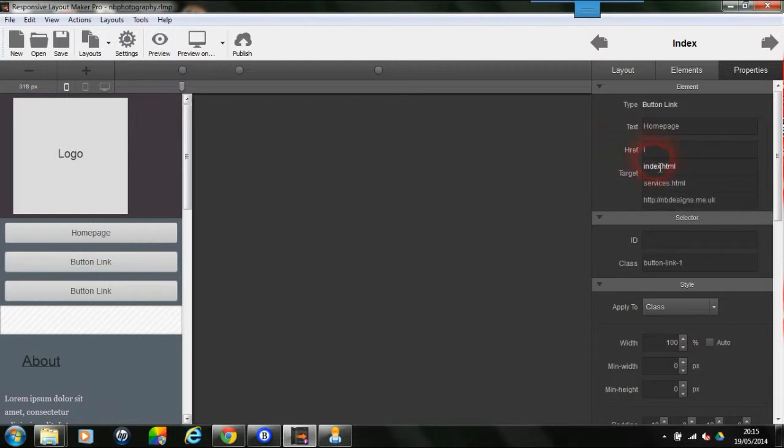HTML for that. The next one is services, or we could use video, but we're going to use services for this. It's just a generic term. Have I spelled that right? I don't think so. Services, and services HTML. So pop that in there, and this next one is going to be the contact form. So we're going to put contact and contact HTML,